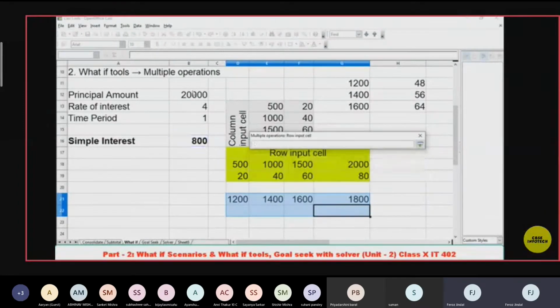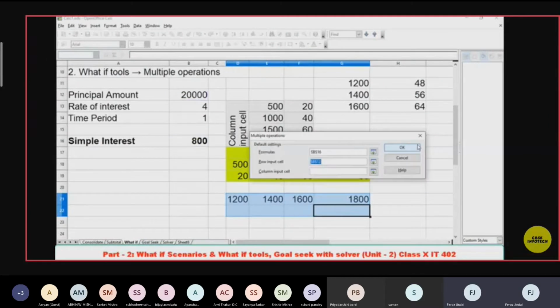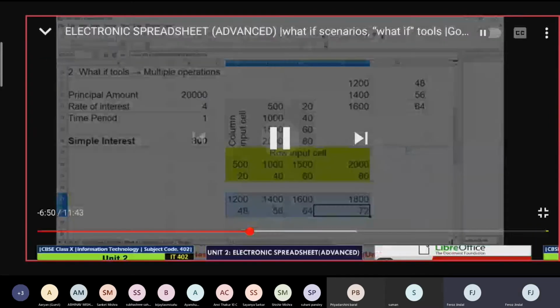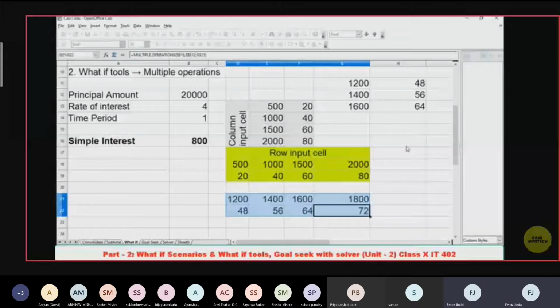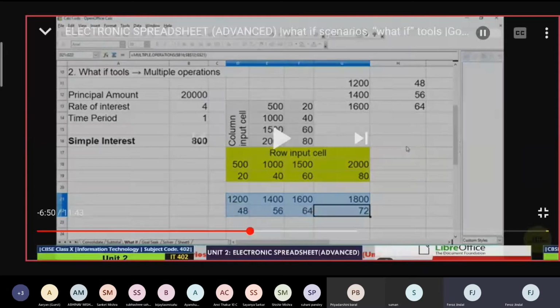The changing variable is the principal amount, so I am taking it row wise. I have ticked row wise.